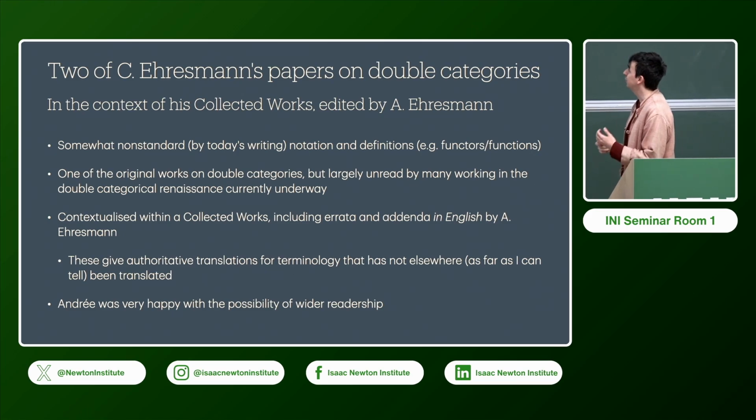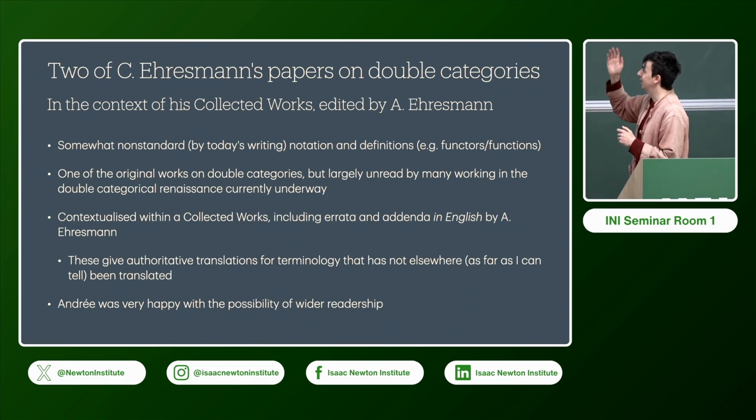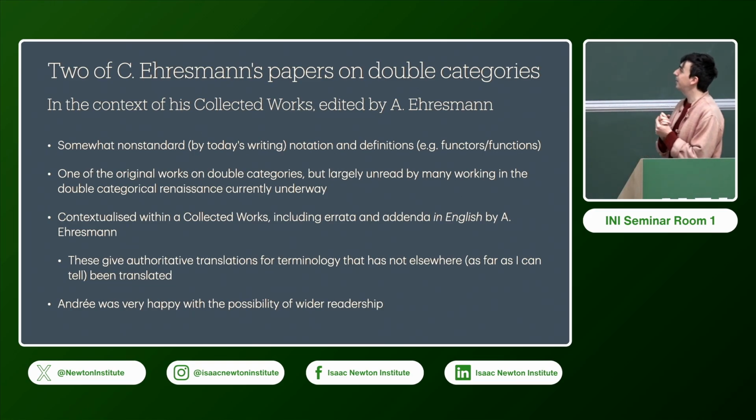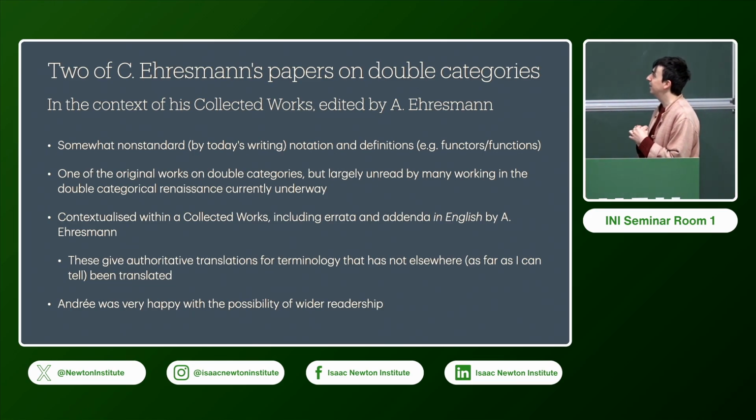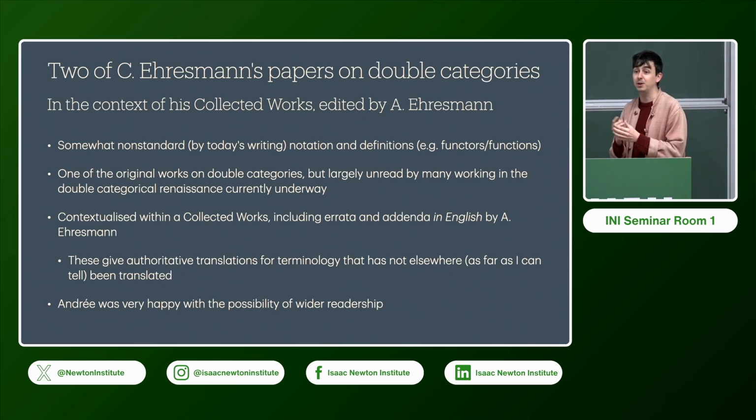Every now and then there are still a few words where, and again, this is the thing of everything being a scanned PDF that doesn't support Control F, so it's quite hard to find these things. There are a few words where I've still had to guess what the best one might be. For example, the word sommet comes up a lot, and whether that should be a vertex, a point, or even, within the context, whether it would make sense to translate it as object.